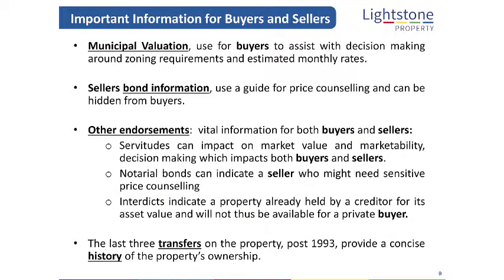So some of the other information that we have in the reports before I go into the valuation part of it: we look at the municipal valuation, we look at the zoning requirements, we put the estimated monthly rates into the reports at the moment. We look at seller's bond information. Guys, remember that we only look at bonds that are registered against the property. We obviously can't give you what's outstanding. It's personal information. But from the bond registration data, we give a good indication of if there is still